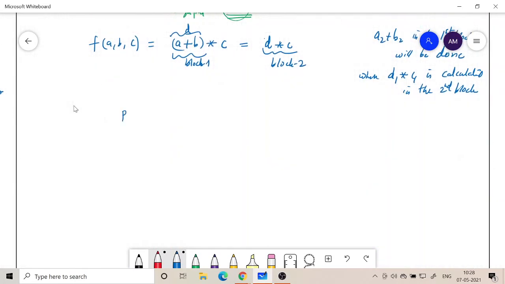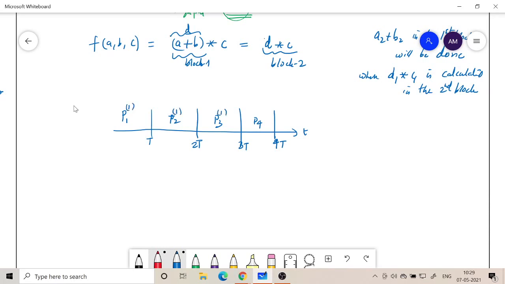So if I say P1, and this is the time axis. After some clock period T, P2 will be done, then after another clock, this is 2T, P3, the third process, this is 3T, then at 4T you have the fourth process done. So these are all computed on the first input. I will denote the first input here, and at the same time when P2 is being done, I will have P1